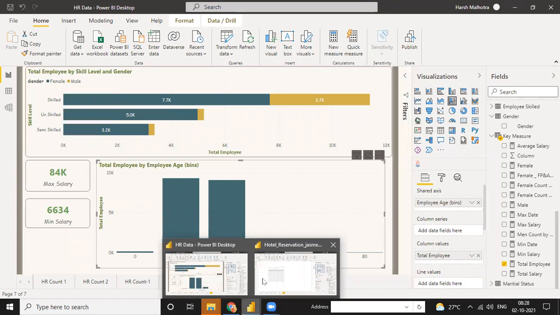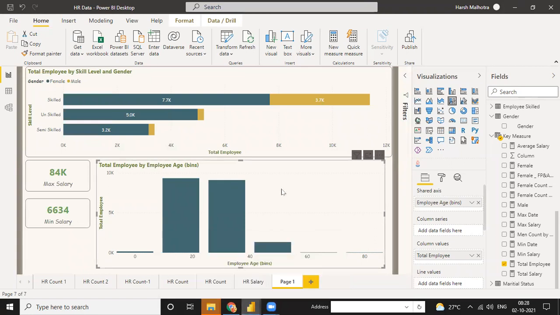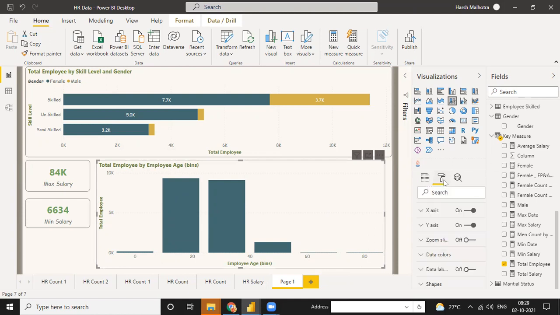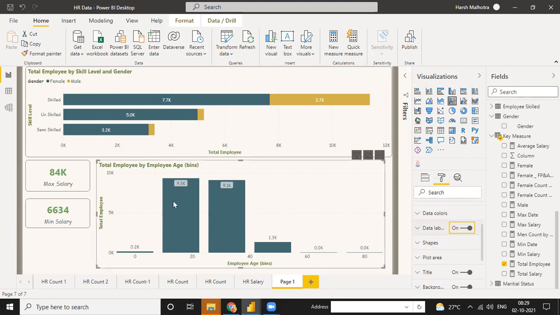Okay, so we have to calculate by bins, and see the bin-wise count is there also. If it's total employees by employee age, you can just remove the bins count here. Go to this one. You have to just turn the data label on and see the value is there. Or go to this. There is a none value, 0 for 161. 0 is the count for the 0 to 10 group. It is not counted as a 0.